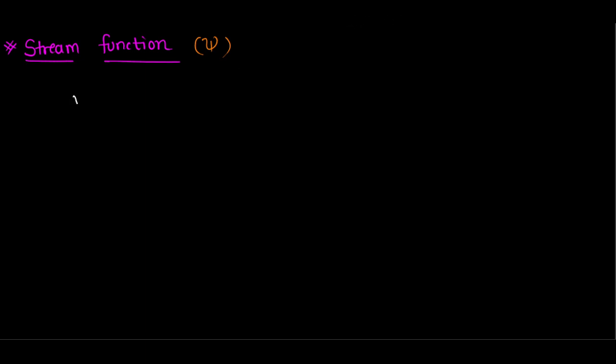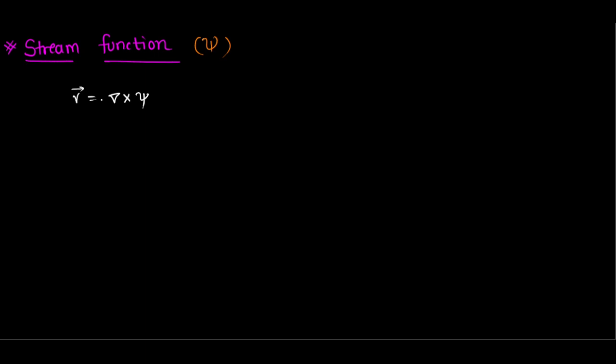So we say that the velocity, and by the way, the stream function is denoted by this function xi. This you must have seen in quantum mechanics as well, when we are dealing with quantum wave equations. But let's not go into that. So we are going to use this xi, and velocity is defined as the curl of xi. So the curl of the stream function gives us the velocity.